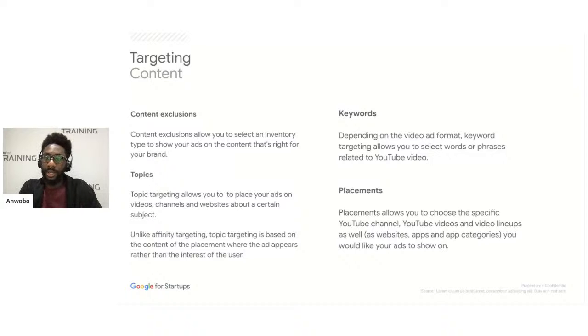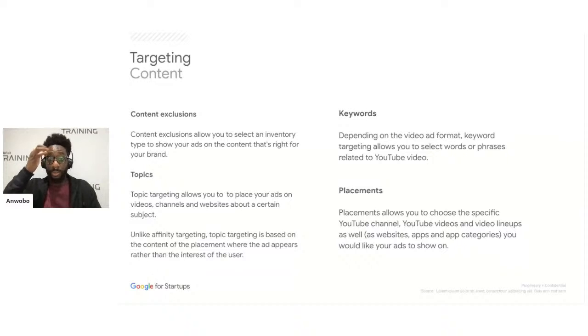For keywords, you can choose keywords to describe the type of videos you want your ads to appear on. And for placements, you can very specifically pick where you want your ads to appear. I want my ad to appear on this video. I want my ad to appear on the Taylor Swift YouTube channel, for example. You can be very specific about those placements.